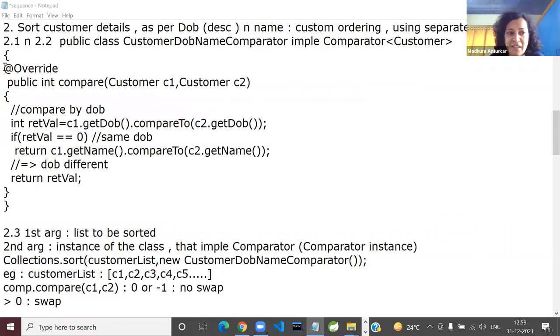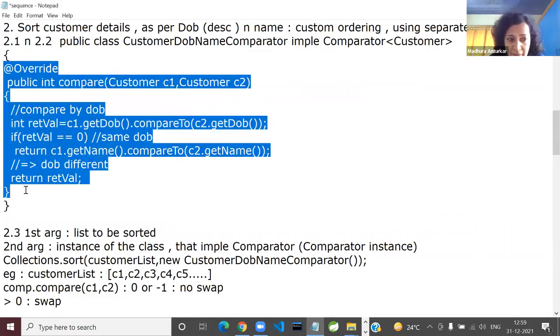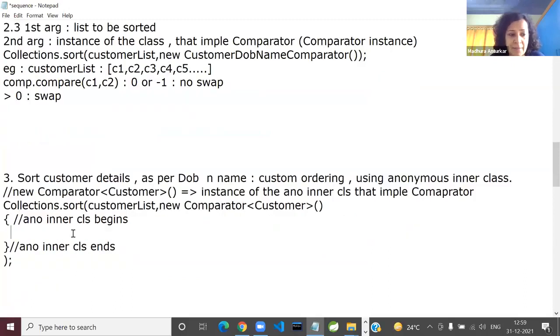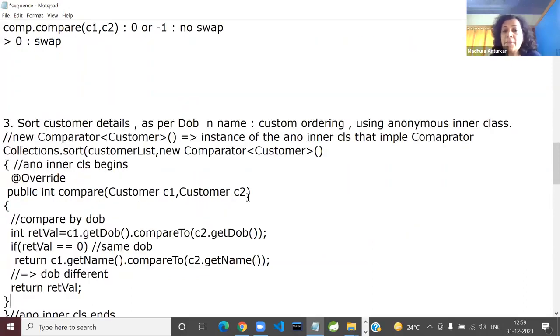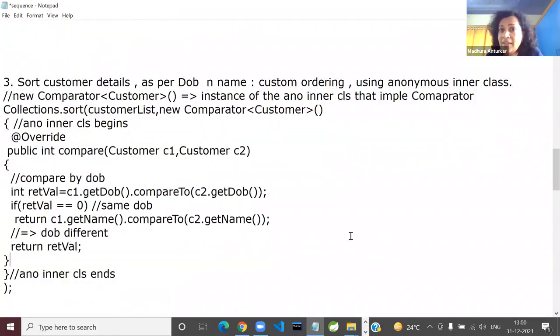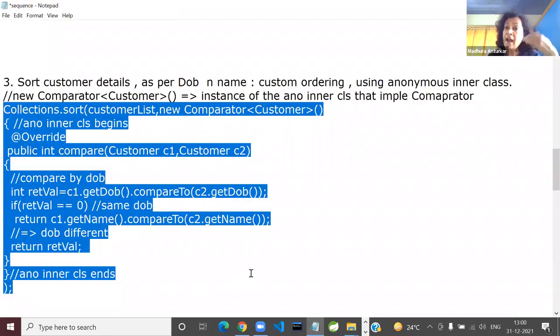Of course, I'm not going to waste your time. So this part is the same. All I'm taking in is the same thing. So that is your compare function, which you have implemented. We've just implemented it recently, so I don't want to waste time. So now tell me, how many lines have you used? A single line. And the entire inner class definition is embedded in that single Java statement.